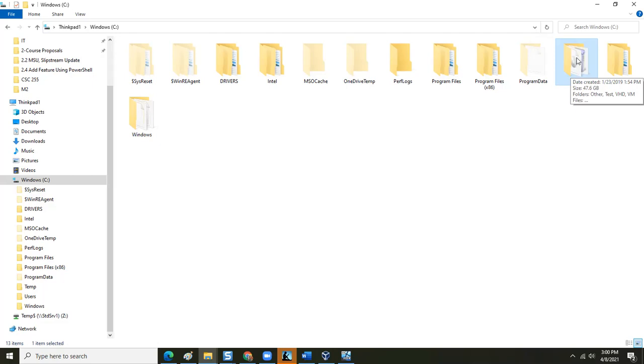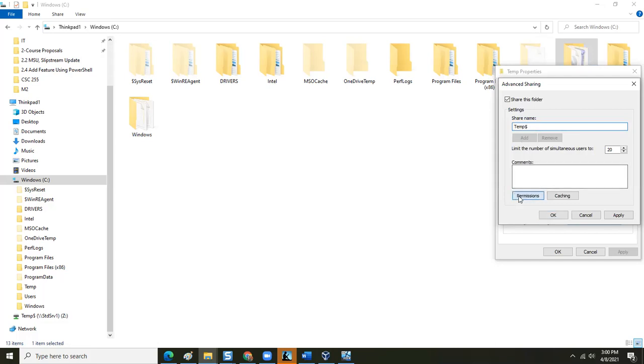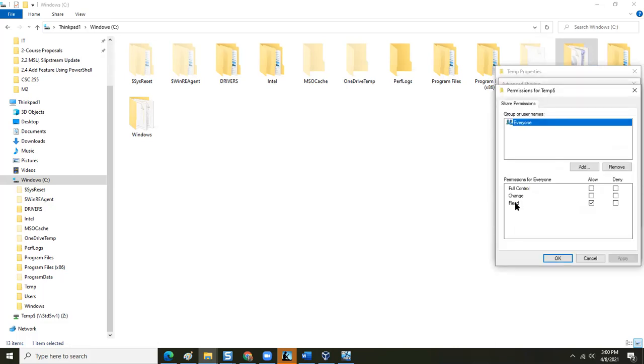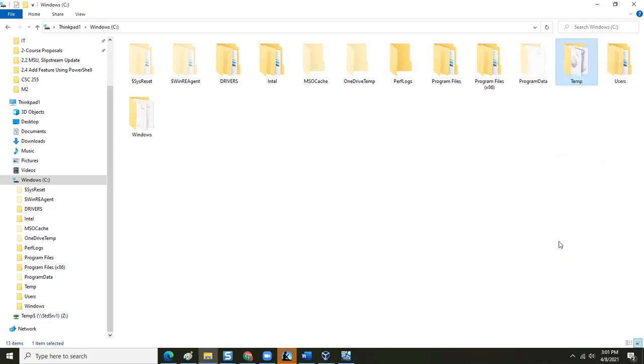I didn't change any permissions. The default permissions should be everyone can read. And that's all I want to do. I want to put stuff in the temp folder that the server can read or copy. Does that make sense? Yeah. Okay. So once I have that,